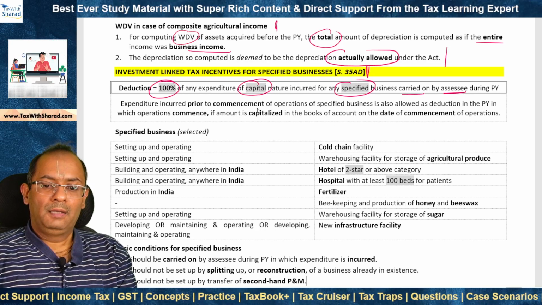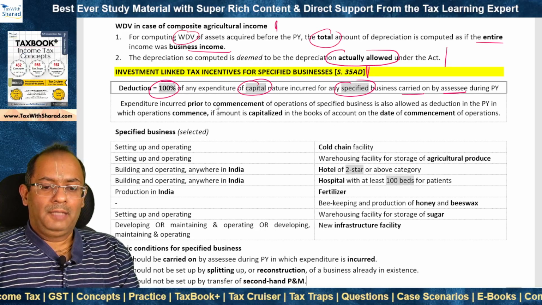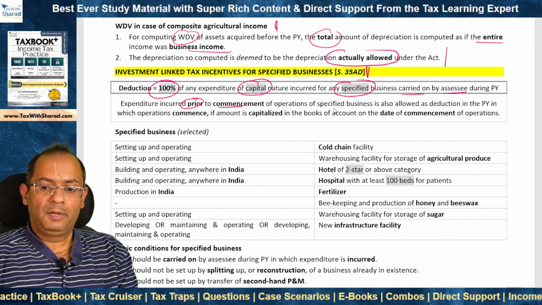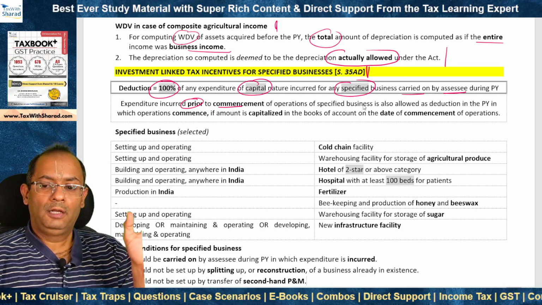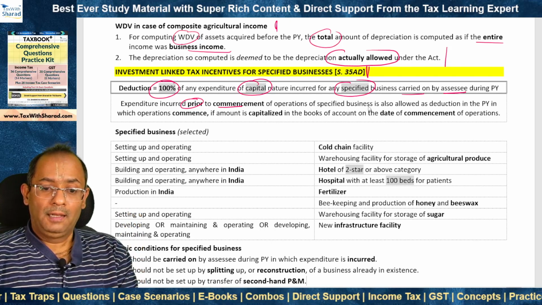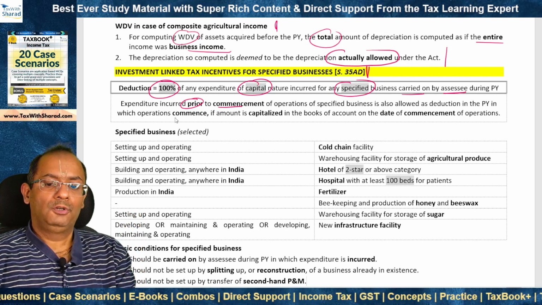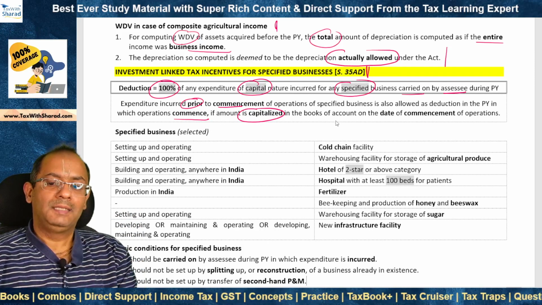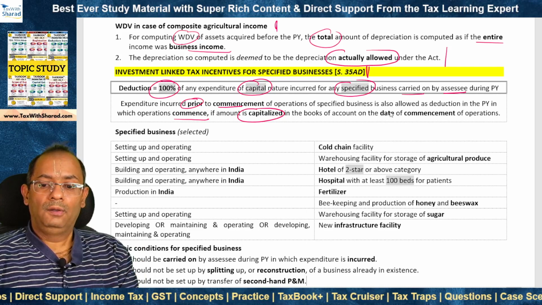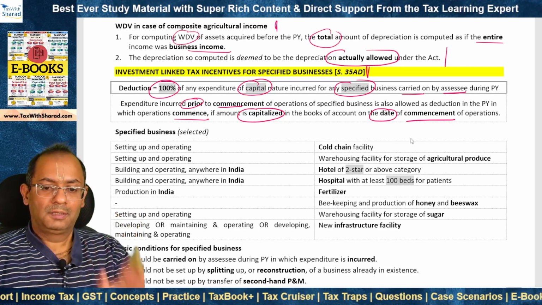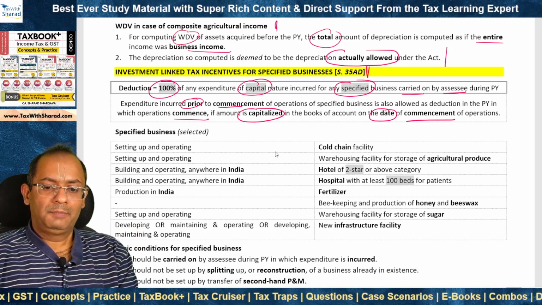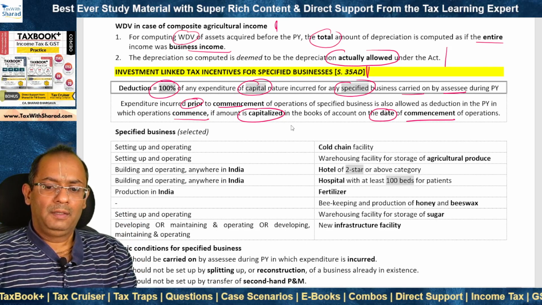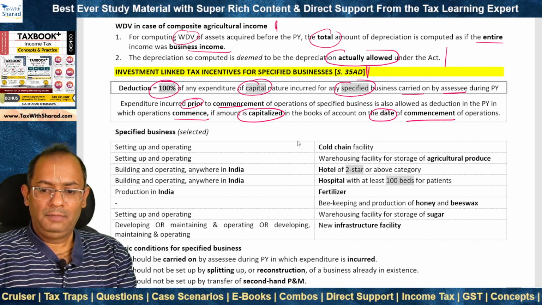What about pre-commencement expenditure? That is also allowed. Expenditure incurred prior to the commencement of operations of a specified business is also allowed as deduction. When is that allowed? In the previous year in which operations are commenced. But the condition is that the amount should be capitalized in the books of account when? On the date of commencement of operations. So pre-commencement expenditure is also allowed, while the current year expenditure is anyways allowed under 35AD if these conditions are